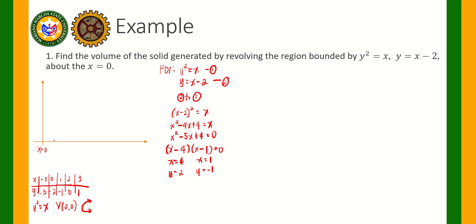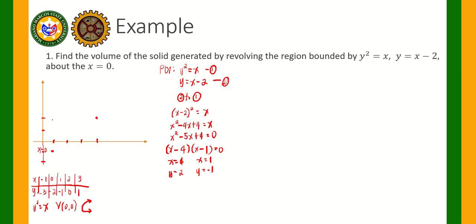So this is equal to 1, 2, 3, and then 4. Tapos this is 1, 2. Sa baba naman, this is 1 and negative 2. Now, if x is equal to 4, y is equal to 2. So nandito yung point natin. If x is equal to 1, y is equal to negative 1. So, nandito rin yung point natin. So, dito magta-touch yung ating